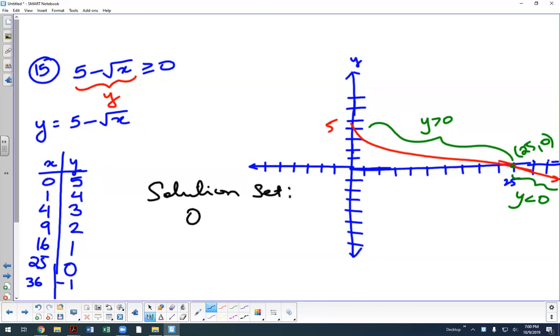You will be going from 0 to 25, and that's on the x-axis. At 0, I have a positive value, and then at 25, I have my 0, and since we're including 0, you put a bracket on 25. If you were not including 0, and this was just greater than, then it would have been bracket 0, 25, and then 25 would have had a parenthesis on it. Okay? So because of that greater than or equal to, the 25 also gets a bracket. So that's the idea of trying to use a graph to solve these inequalities, other than the traditional method that we looked at in chapter